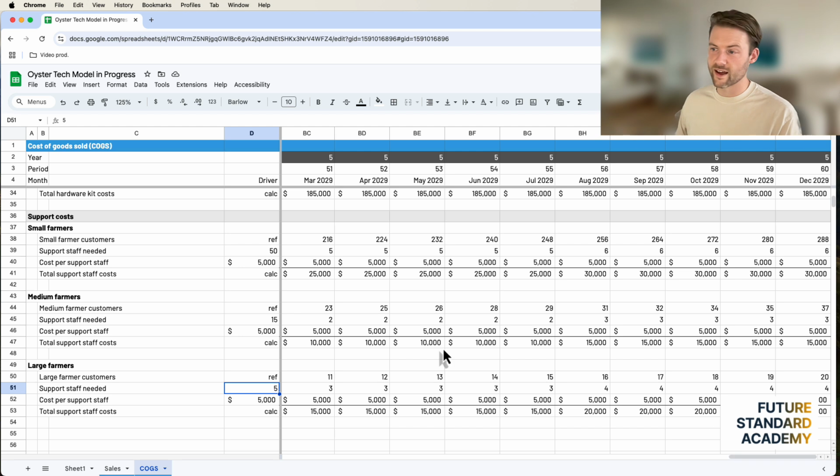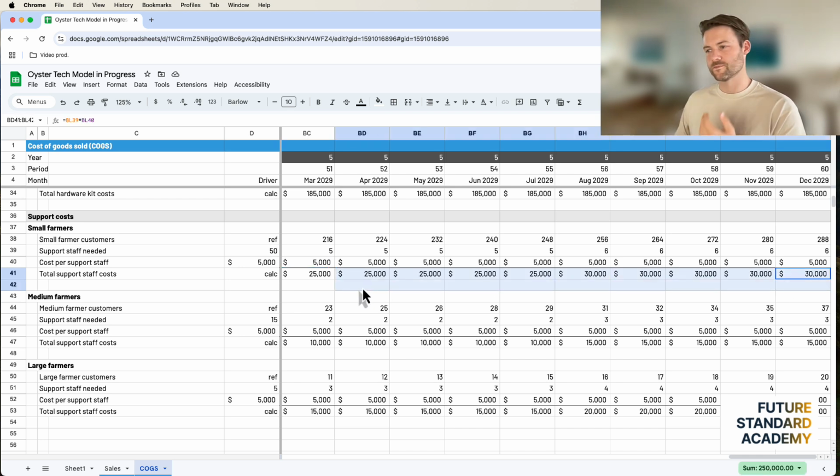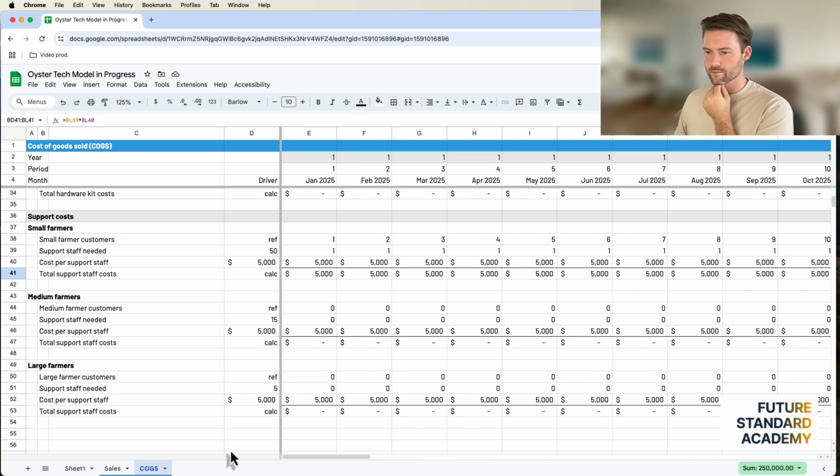This is all going to change with AI, of course. So I can't really model that, but I'd say look, in the future, if you're calculating all these types of costs, I would give thought to whether you can use AI to replace some of these. So maybe small farmers wouldn't get access to an individual person. They'd get the AI avatar or some kind of agentic system that's going to just do this at $5,000 a month total, right? And so when you think about the whole scope of the business like this, you start to see opportunities to save money using new tools like AI. For now, we're just going to have people in here.